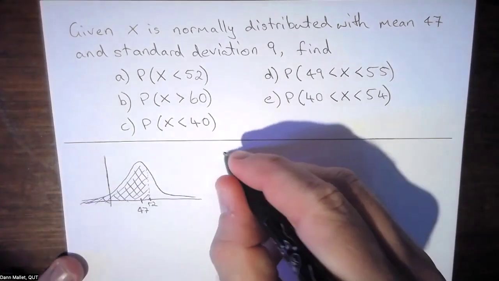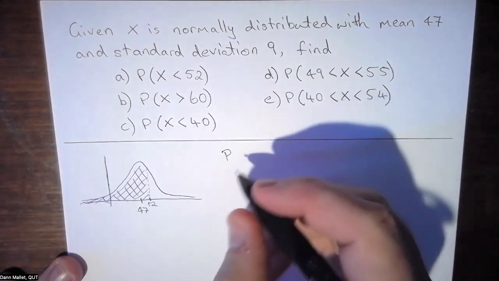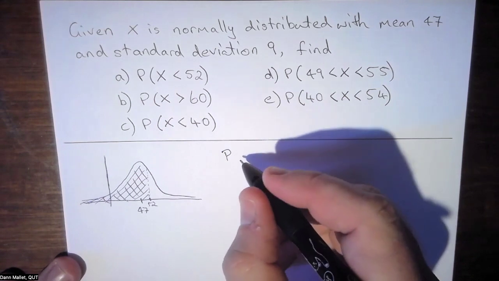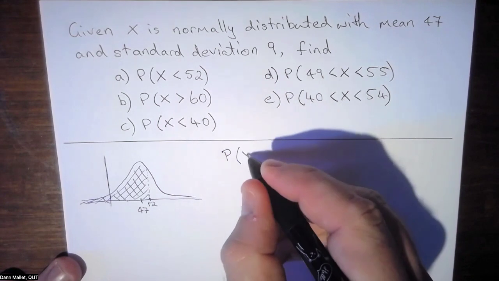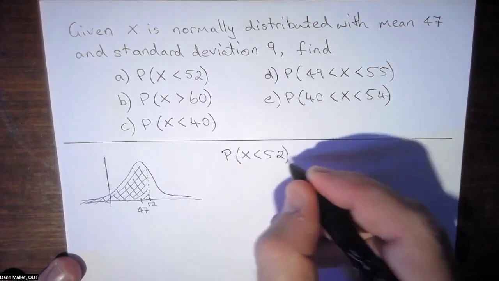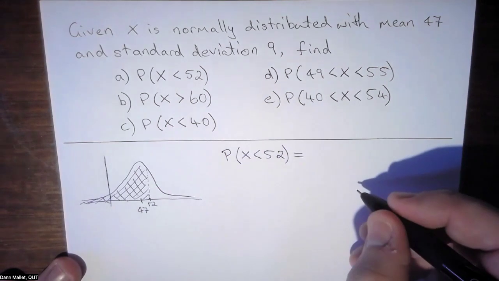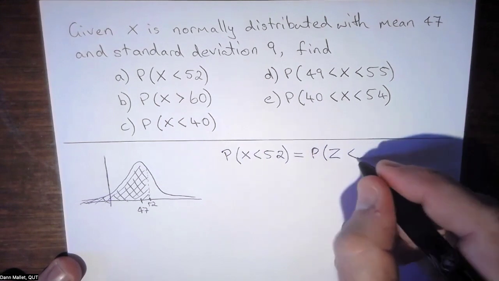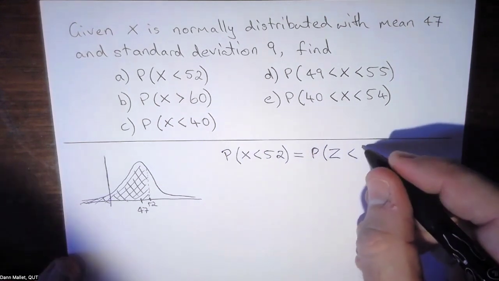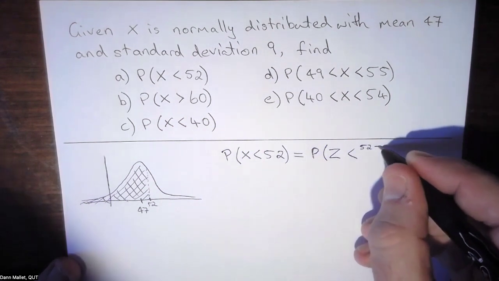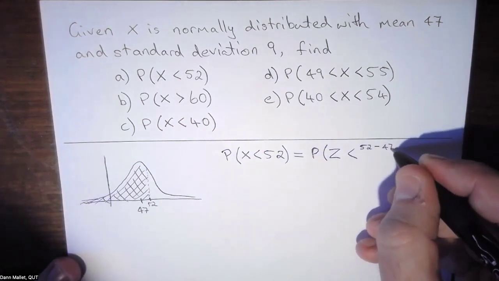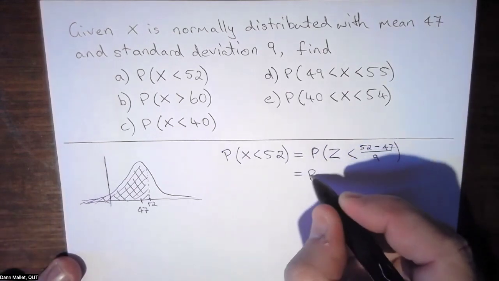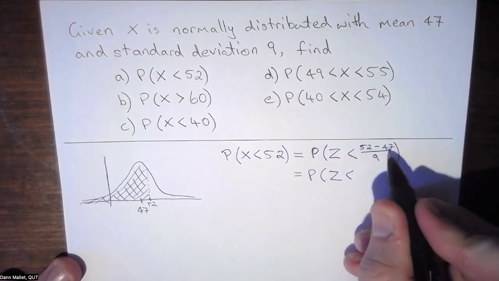Now, the first thing that I need to do is change to a standard normal variable. That's because the probability table that I've got is written in terms of a normal distribution where the mean is 0 and the standard deviation is 1. So I'm going to start by transforming to the standard normal. So the probability that x is less than 52 will be the probability that not x, but z is less than the transformed version of 52. So 52, take away the mean of our distribution, which is 47, divided by the standard deviation, which is 9, which is the probability that z is less than 5 over 9,